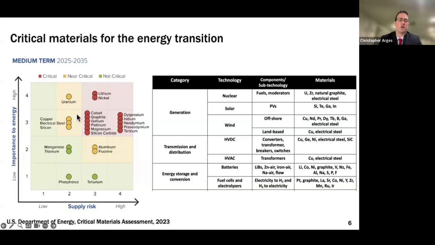And so this was a report that came out from the Department of Energy last year highlighting these mineral materials, these elements, how important are they for this energy transition, this electrification, and then what is the supply chain risk today? Do we currently make these within the US? If so, how much, or how much do we make them worldwide? And you can see here, there's a lot of these materials on this list in the red, that means they're really important, and the supply chain is currently risky.